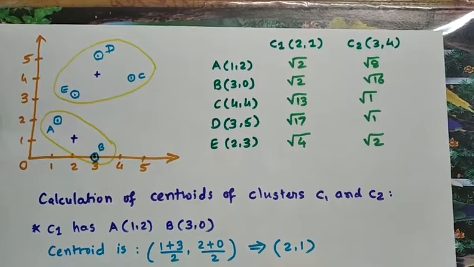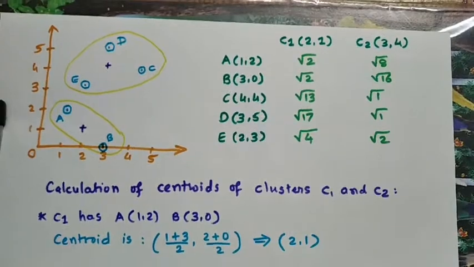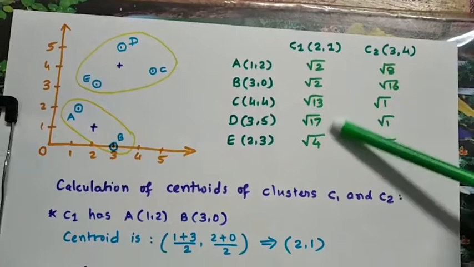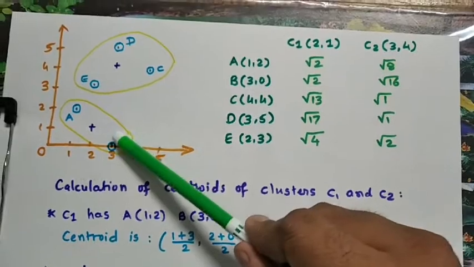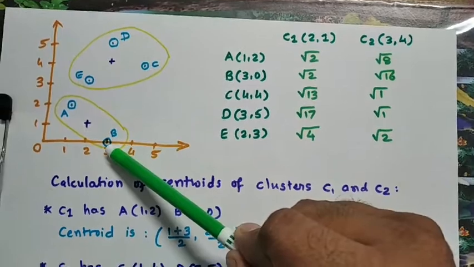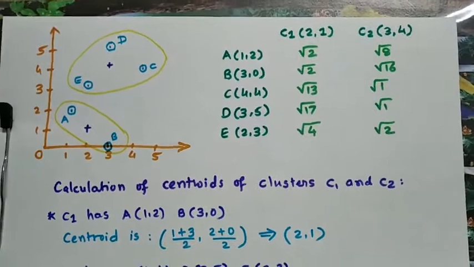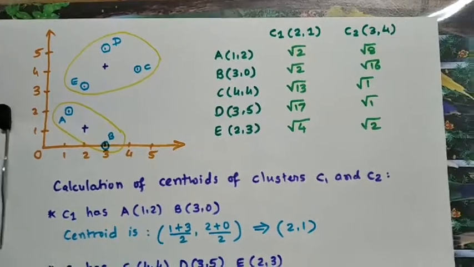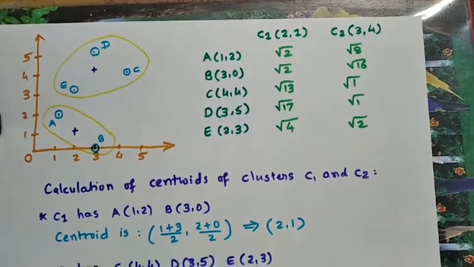This indicates the end of the K-means clustering algorithm, right? Since the clusters are stable, we do not need to carry forward this process anymore, and this is the final allocation. This is our final set of clusters. Objects A and B will go together in one cluster, and objects C, D and E will be together in the other cluster. So that is the end of the K-means algorithm. Here we are fortunate to have stable clusters at the very second iteration.